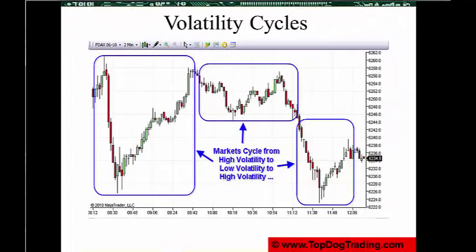I promised to give you a day trading setup here, and so that's what this is. This is a typical pattern, a meta pattern, as I like to call it, in day trading, and you're probably familiar with it. In the morning we have high volatility. The market moves most of the time in the morning between the open of the market and lunch. Then during lunchtime, the market quiets down, goes into a bit of consolidation, and the swings between the highs and lows get a more narrow range. And then in the afternoon, it breaks out again, and we get some good volatility going, get some big moves.